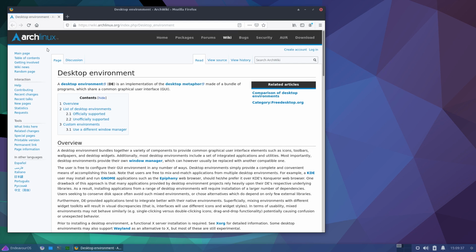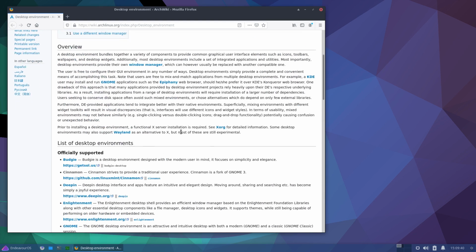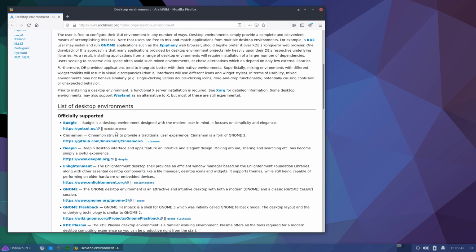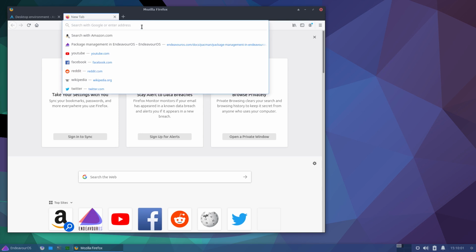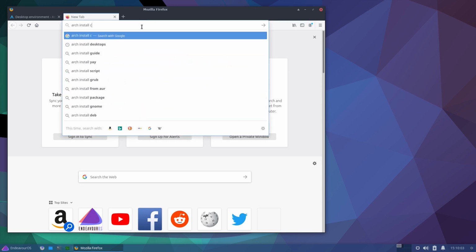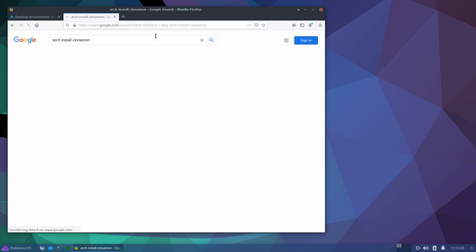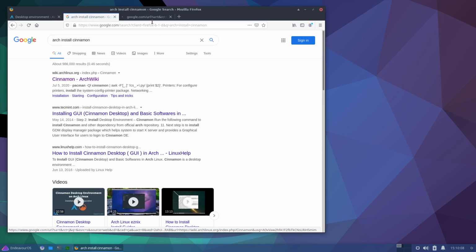So what I have here is the Arch Linux desktop environment page. And what that's going to show you is just a little bit about the package. We can click on this link over here, which is going to give us the package list. And then this over here is how to install it. Now on Cinnamon, I install Cinnamon and Cinnamon Desktop. So you might need to do a little bit of individual research. That's quite easy. Just search Arch install Cinnamon, and we should get something pretty high up on the list